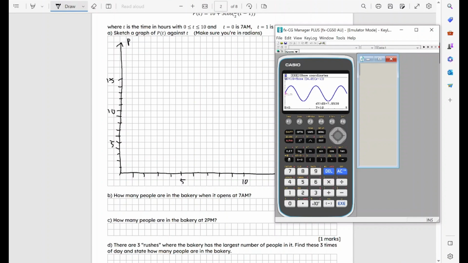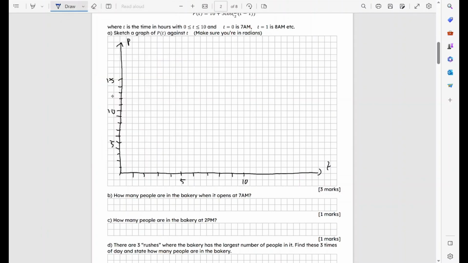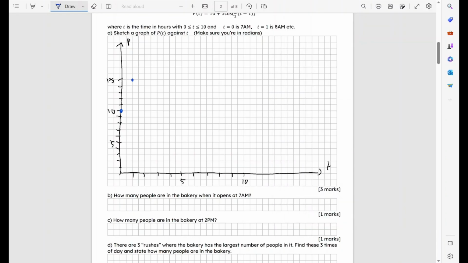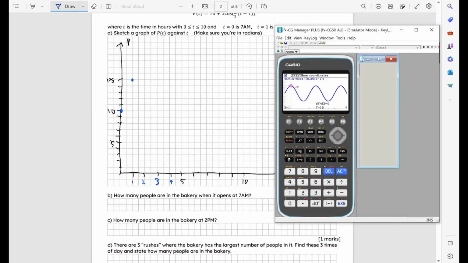So at x equals 0, we're starting at 10. I'll just do a different color for that. And then we're going to go across. So maybe shift trace, x equals 1. It looks like we're hitting that maximum. So at 1, we're hitting 15. And I'd probably even label that first bit. Shift trace. And then at 2,